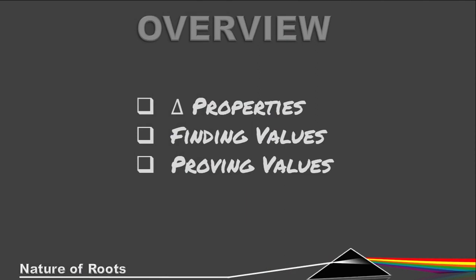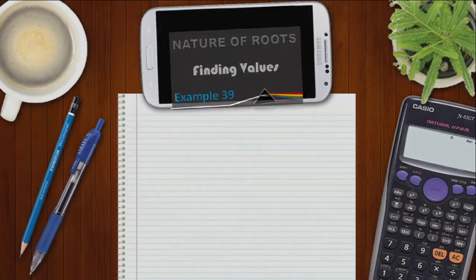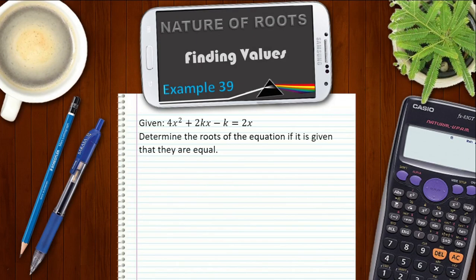Okay, right, so that was basically the properties. And now let's move on to finding values. So these questions look as follows. Given 4x squared plus 2kx minus k equals 2x, determine the roots of the equation if it is given that they are equal. All right, now there are certain steps